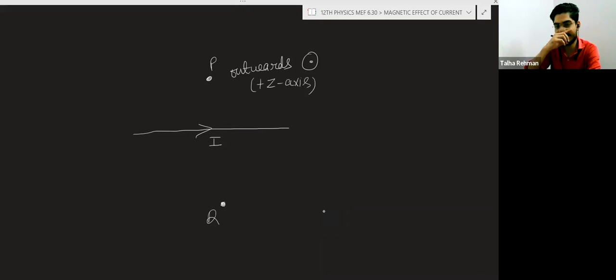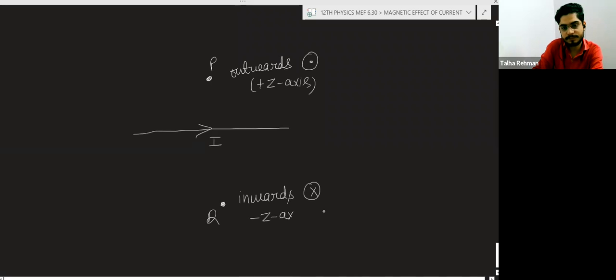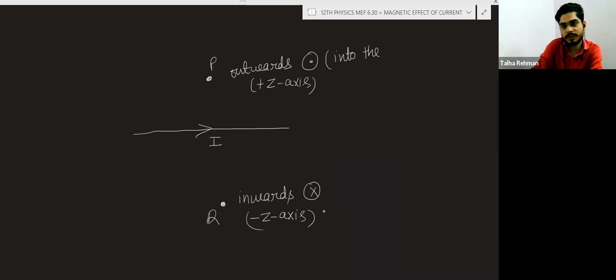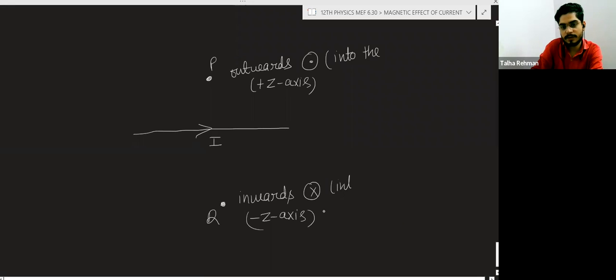I will use this in numericals. All the things that I am doing here are for numericals only, because generally in the examination numericals will be asked. So here the direction will be inwards, and inwards is represented like this. Inwards means into the screen, and this is negative z axis. You can say into the screen,